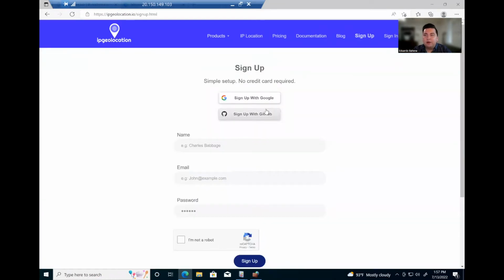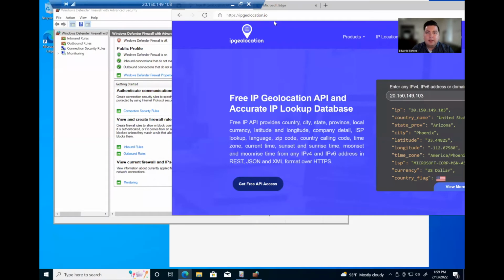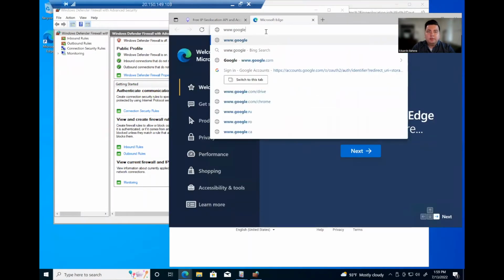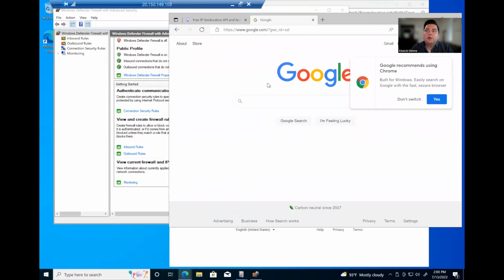And I'll get back to you once I have it up here, okay? Okay, so I'm back. All right. And so what you're going to need to do here is, once you've got your API key, okay, we're actually going to go ahead and head over to Google and we're going to search up